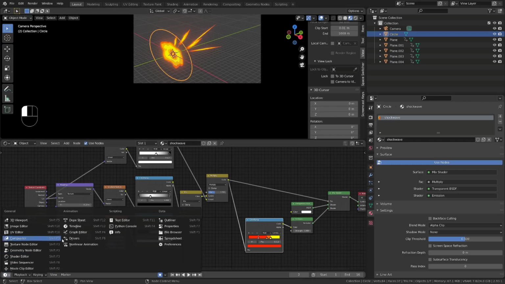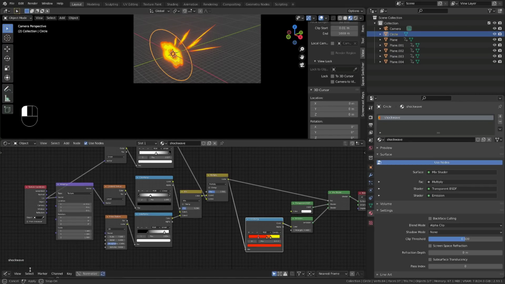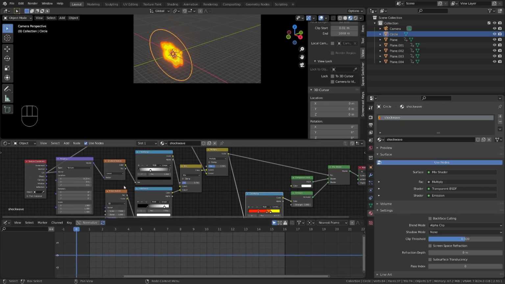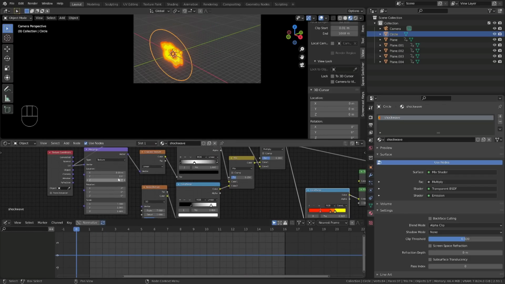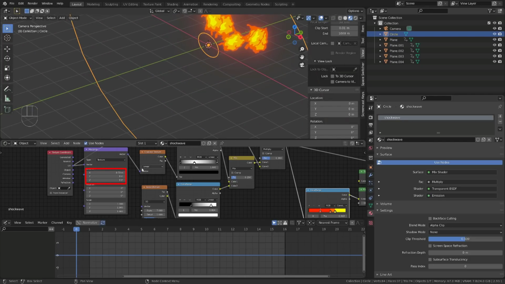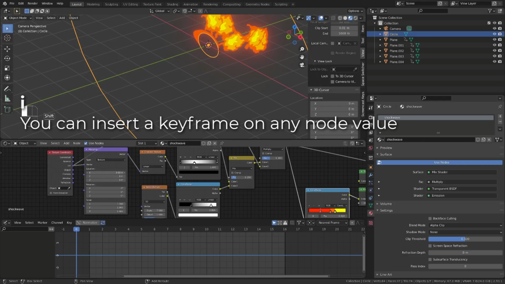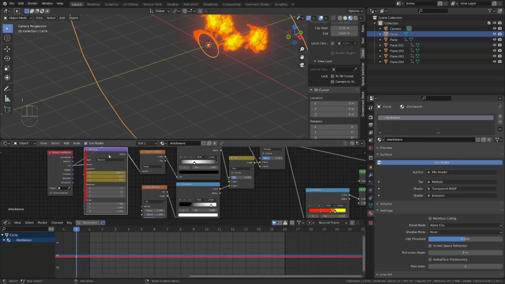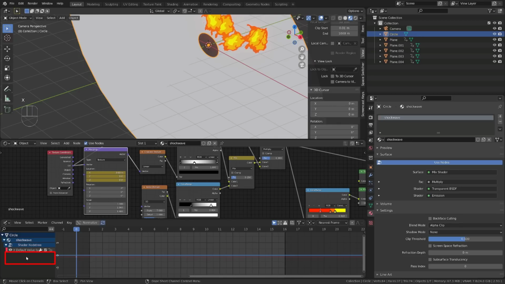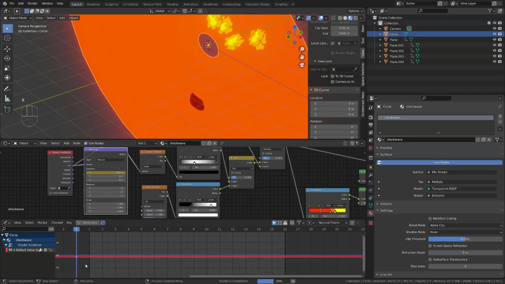From there, I will reopen my graph editor and expand it. Then I will focus on my mapping node, reduce the X location value until my effect disappears, and then with my mouse upon those location values, I will press I to insert a keyframe. To be able to see those curves in the graph editor, I need to select the mapping node, and I will get rid of the Y and Z location curves since we won't be animating them as they are useless